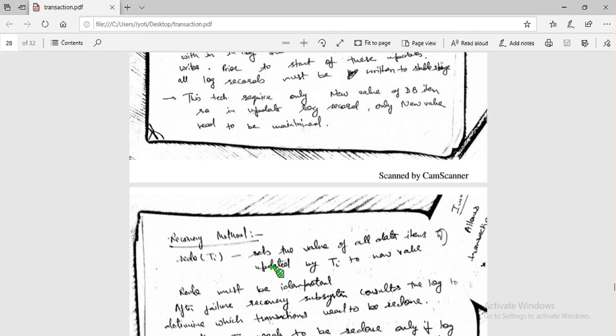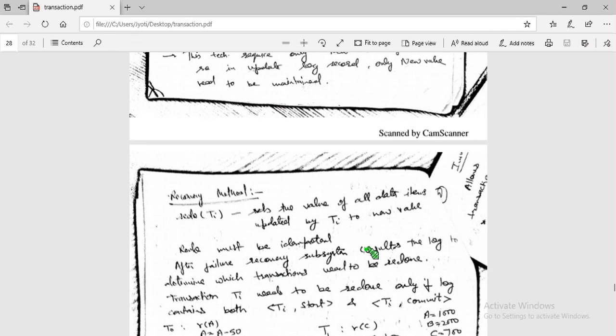Our log records are in stable storage. We are performing the database modification, but assume that in between some failure occurs. All the database items we have changed are now failed.